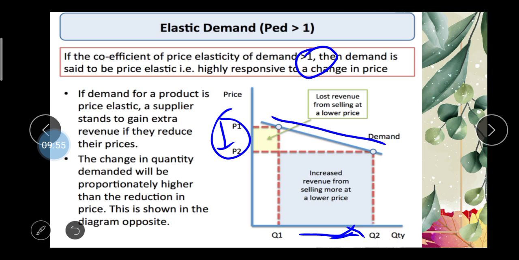Okay, take the example: if your price falls from 5 rupees to 4 rupees, then your quantity goes from 10 to, say, 40. So here you see the change in price is smaller and the change in quantity is larger, so the demand is higher relative to the price change. Okay, then after,